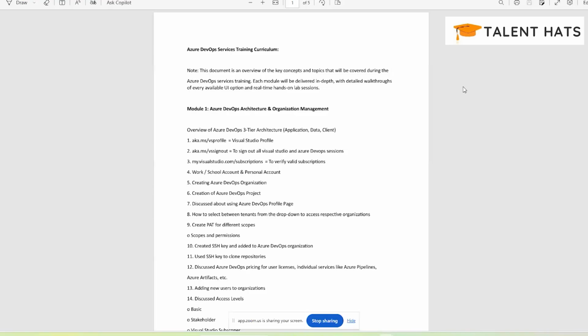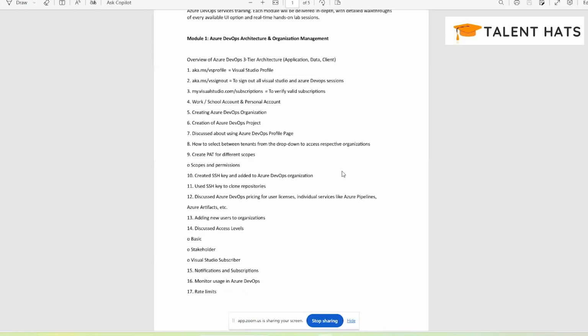So basically, I have planned this to cover in this. First we started with Azure DevOps architecture and org management, and these are all the topics which we have covered all this week. Can you scroll down? So when it comes to DevOps architecture and org management UI things, I have mentioned